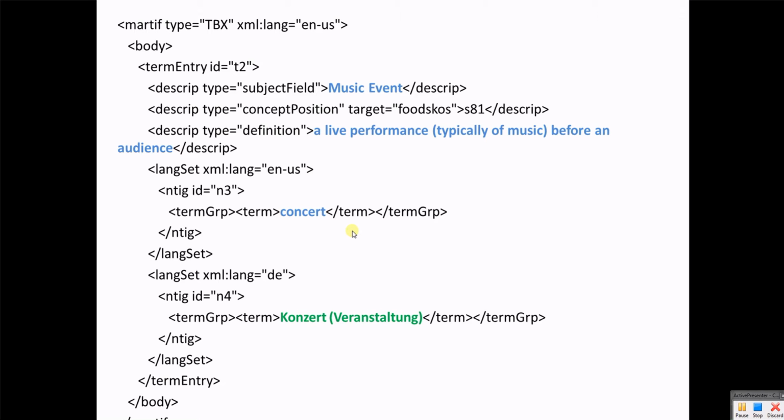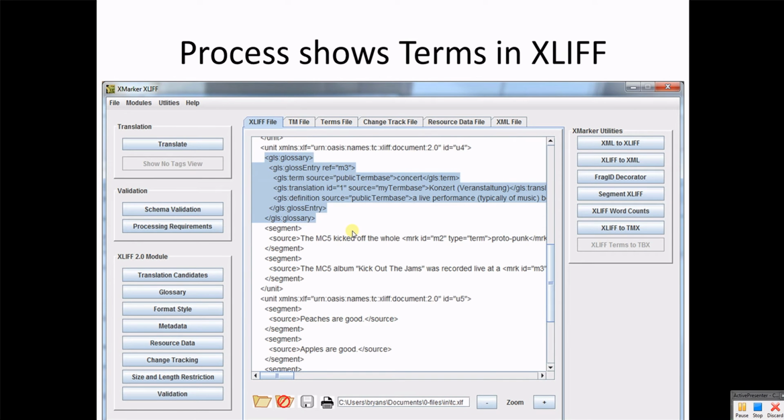which says that this term is a musical event. Its definition is a live performance typically of music before an audience. The term in English is concert, and just optionally we added that the term in German is that word there. Okay, so we then open the XLIFF file and we would use the module called